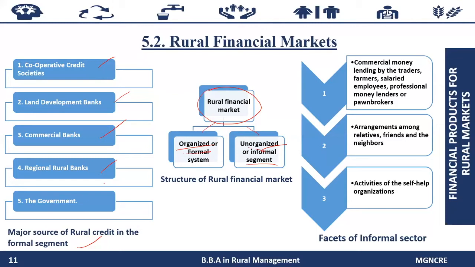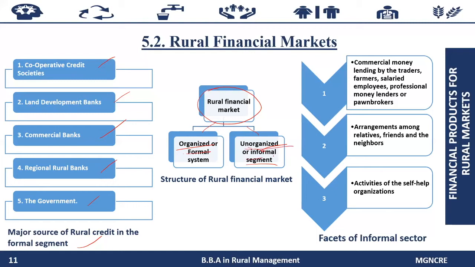Then the government has provided long term and short term loans to farmers during emergency situations like famine and floods. So at the end, the government is the only source of providing credit or any financial source. Then we'll come to